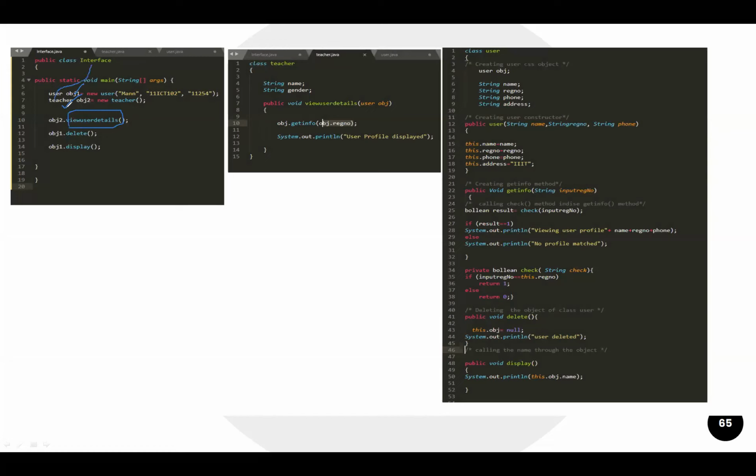From the interface class, we are calling the view user detail. And where is the view user detail? It is inside the teacher, right? So now one more thing, let's understand here also.